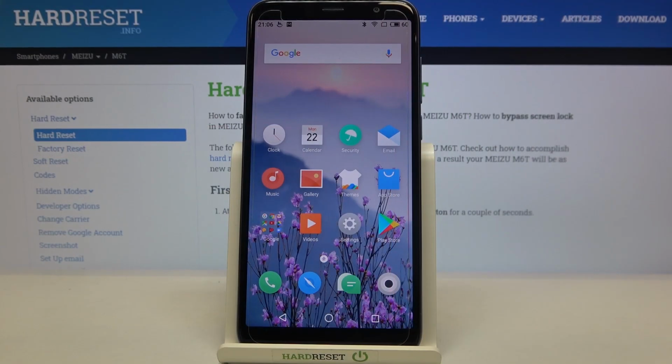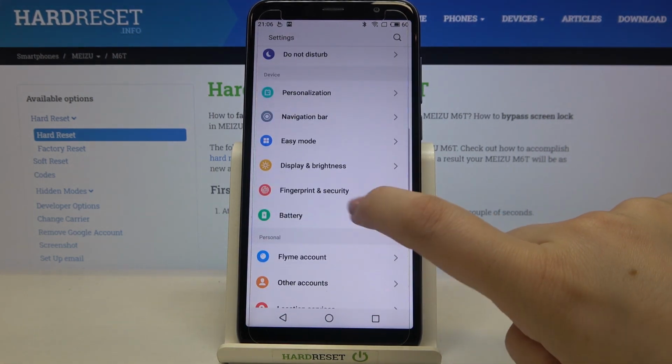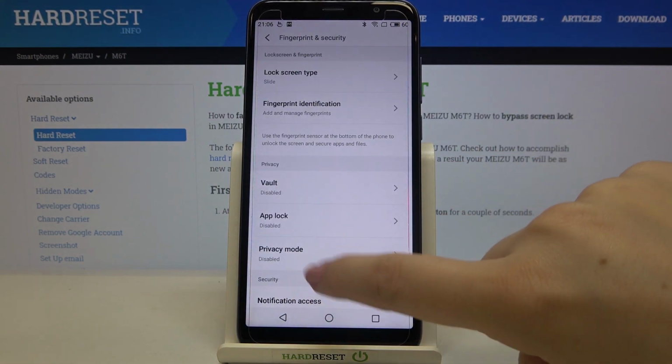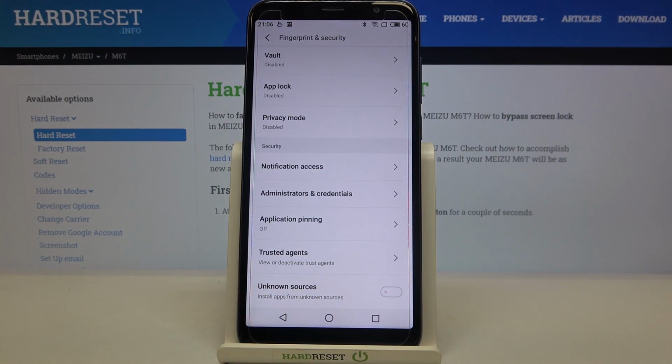Hi everyone, here we've got MEIZU M6T and let me share with you how to allow unknown sources on this device. So firstly, let's enter the settings and now we have to scroll and tap on fingerprint and security. Now let's scroll down to the very bottom and here we've got unknown sources option, which is right now turned